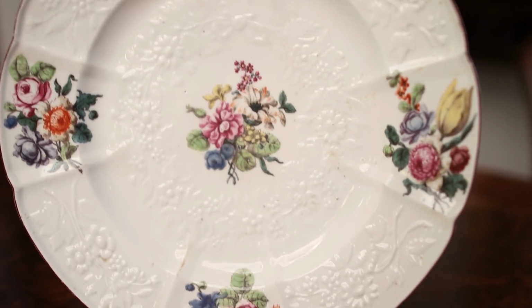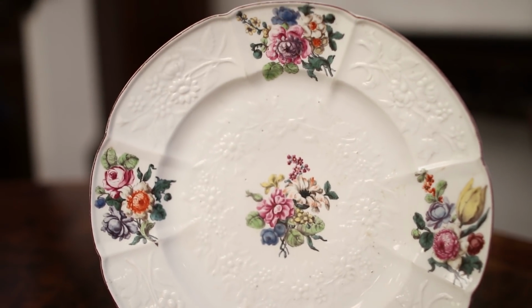object. Now, to reflect that it's not a particularly buoyant market at the moment, there are only three people watching this online. So three sort of die-hard English porcelain fans. We've got a catalogue estimate of 150 to 250. There's no pre-bids yet, so let's just see on the day. I think it's worth every bit of that. It's in lovely condition and it's really nicely moulded and painted, so it would be a good addition to anybody's